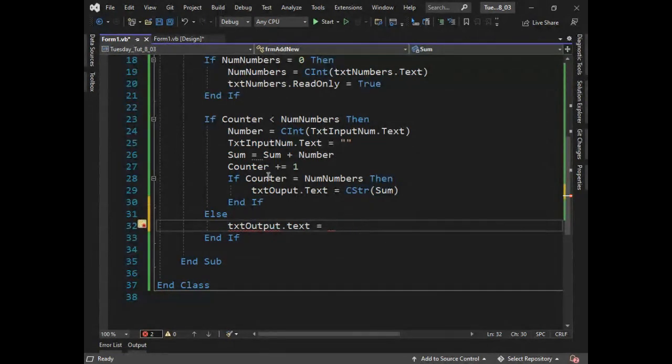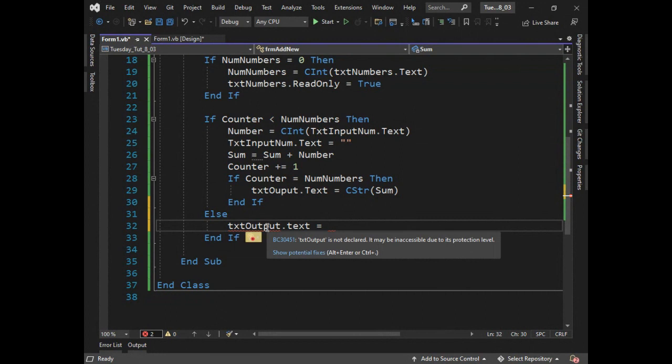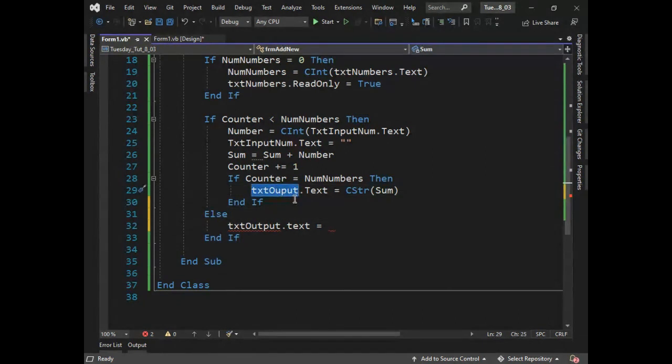Stopped it from running. Okay, it's complaining about something. TXT output is not declared. I used it up here. What are you saying? Okay, let me just copy it. Maybe there's a typo. Looks like there was a typo. I fixed it. Is equal to